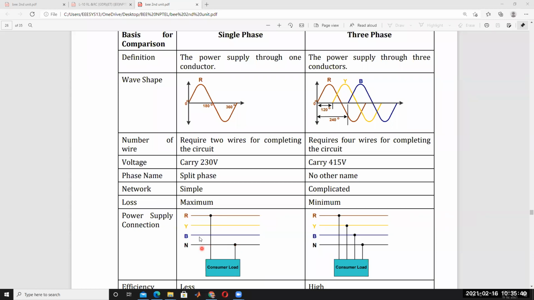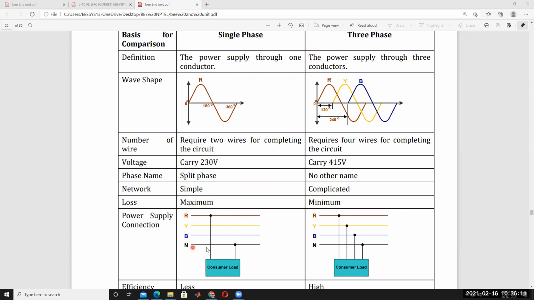These phases are separated by insulation. Try to observe outside, on the street, on top of the pole. The three lines are separated from the pole by some insulation. The phases are separated by small insulators called pin-type insulators connected between the pole and the transmission line. Separated, that is R phase, similarly Y phase, B phase. But the neutral wire is connected directly to the pole.